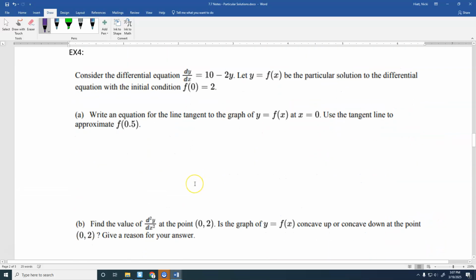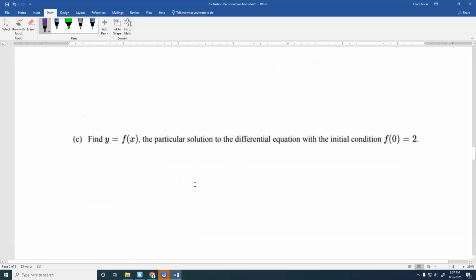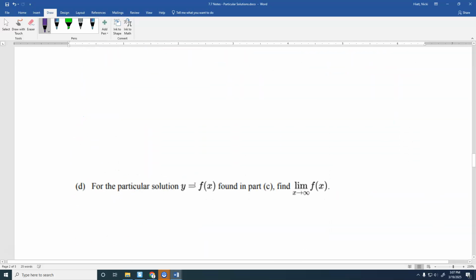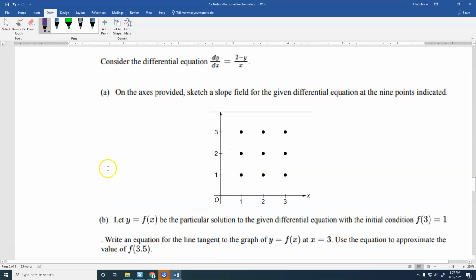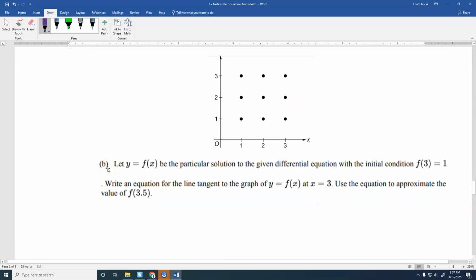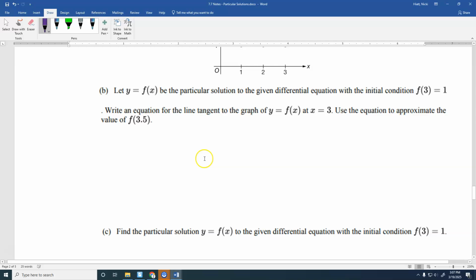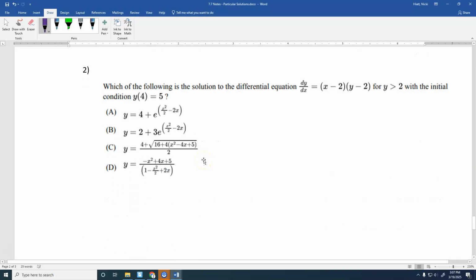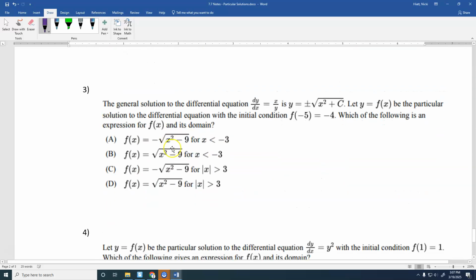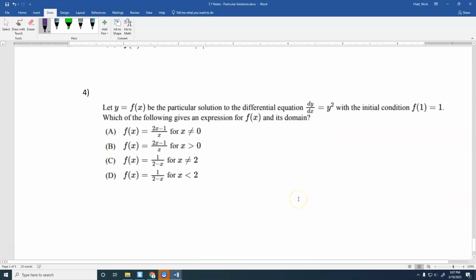There. We didn't get to 4, but that's okay. I think you should still be able to do everything okay. You can skip the slope field. 3 is very similar to the other 3. I think you should be hopefully okay on